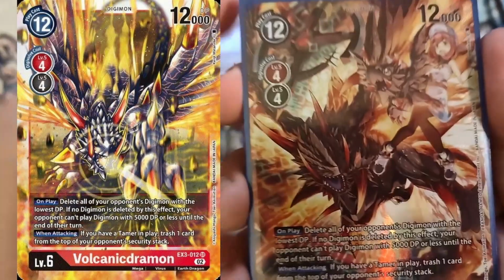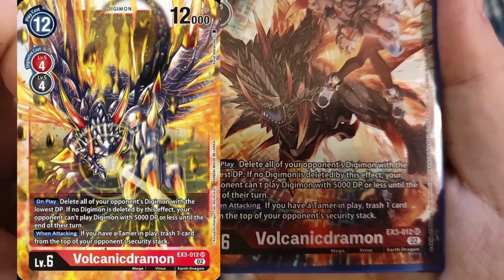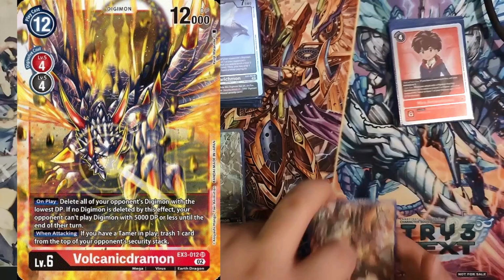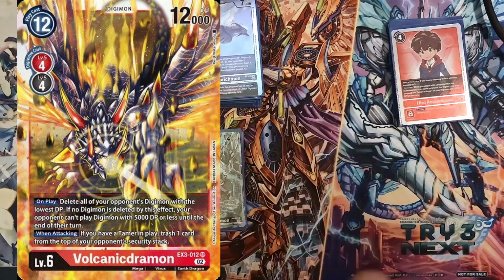As you could have guessed, Volcanic Dramon has an on play. Delete all of your opponent's Digimon with the lowest DP. I can board wipe. This deck can board wipe. If everything somehow has 3k DP, they're all gone. It's insane. Okay, that's just an ideal world where you board wipe. But,